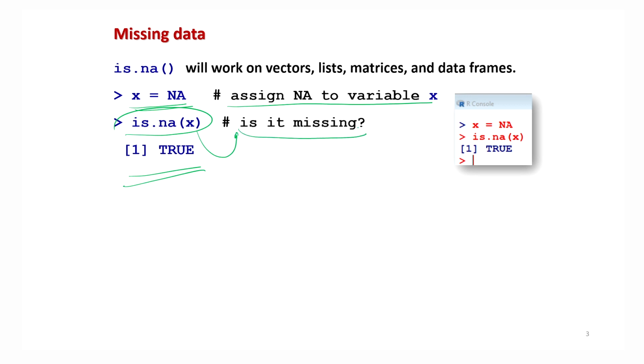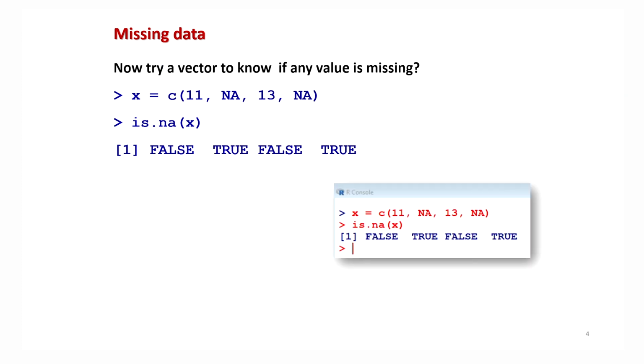Now let me take a data vector and show it. Suppose I take a data vector of 4 values, say 11, 13 and 2 values NA and NA, they are missing. I'm intentionally taking it so that I can show you the outcome so that you can understand it easily.